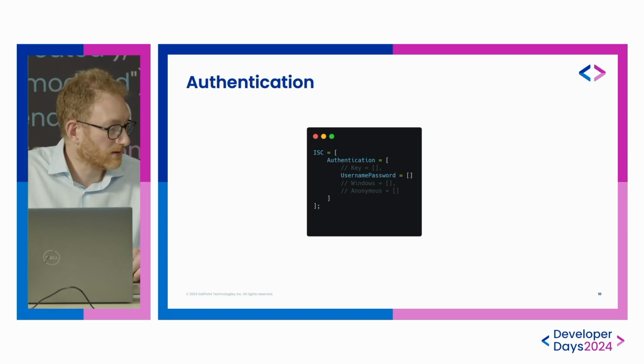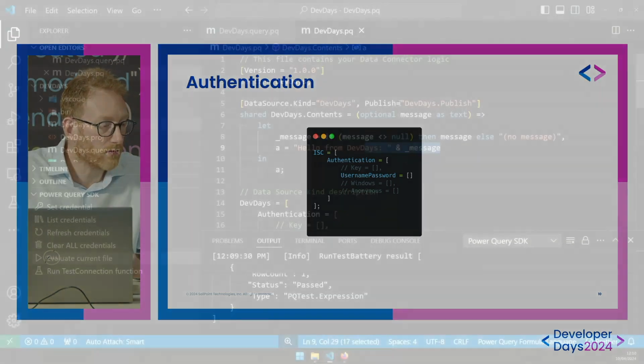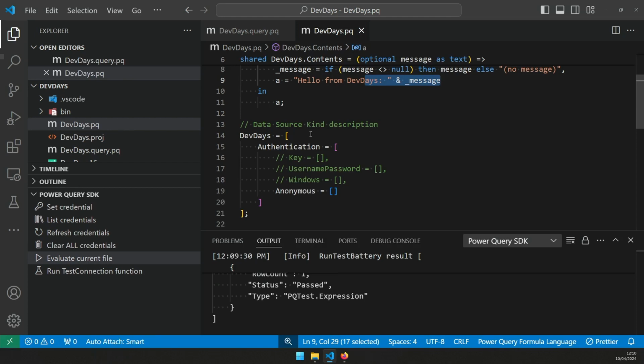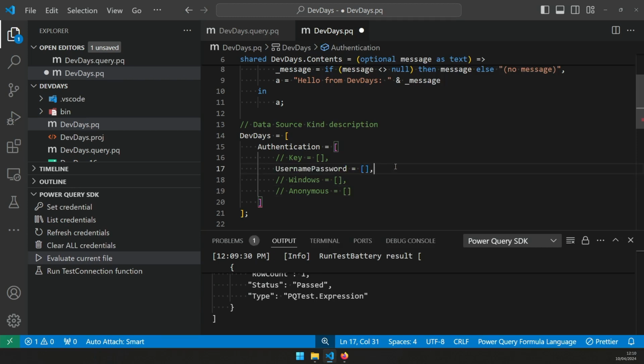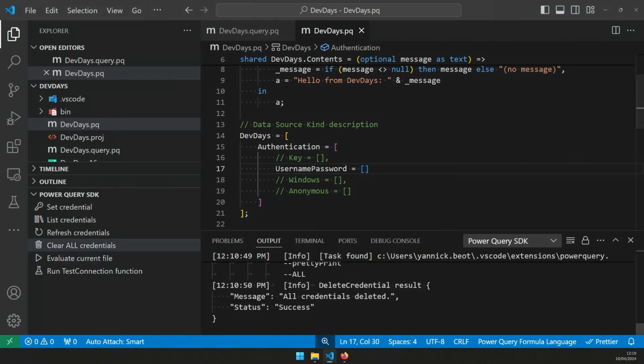So for that, I have to open the Power Query, and here we define the authentication method. So I will just comment out the authentication method and uncomment the username password. So here we are, it's configured to use the username password. Okay, so once we have set up the authentication method,